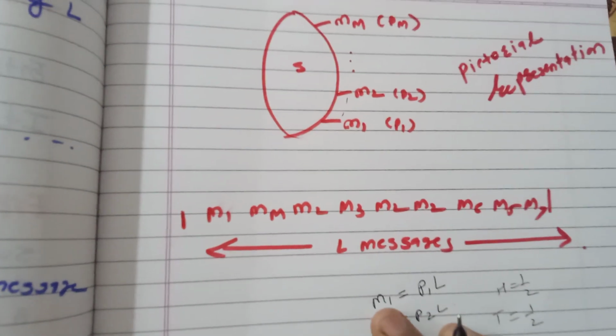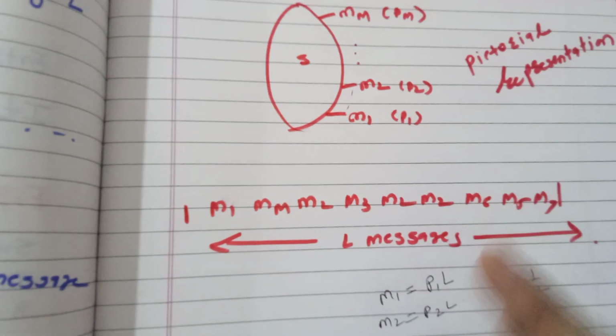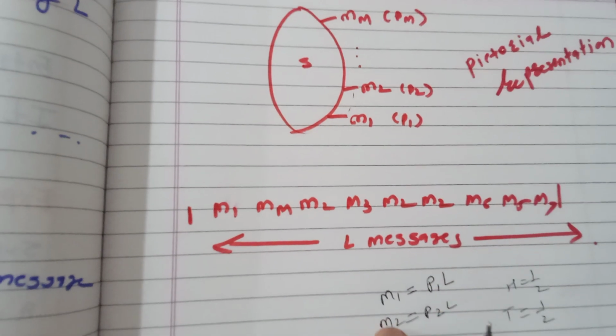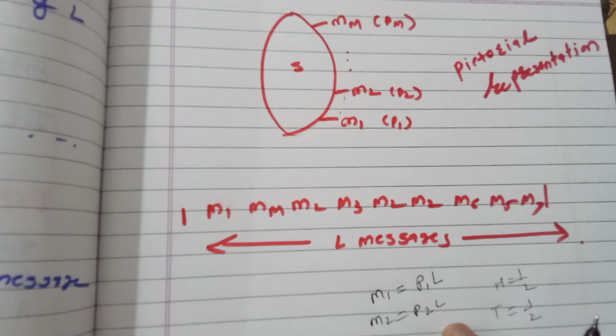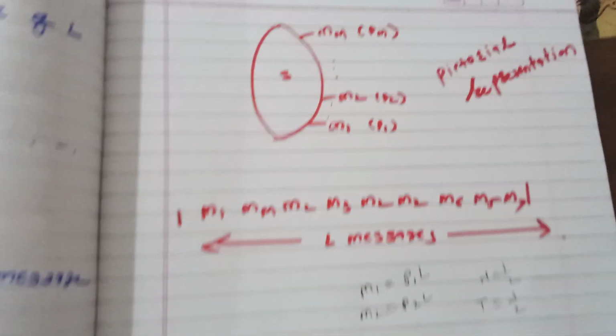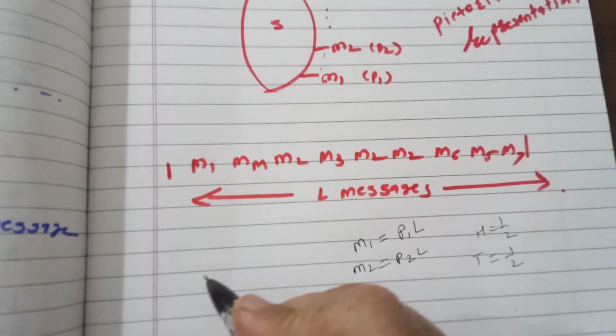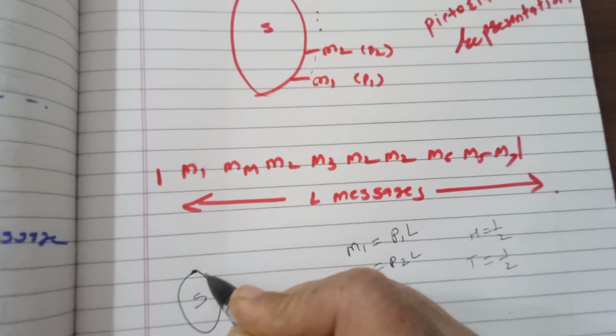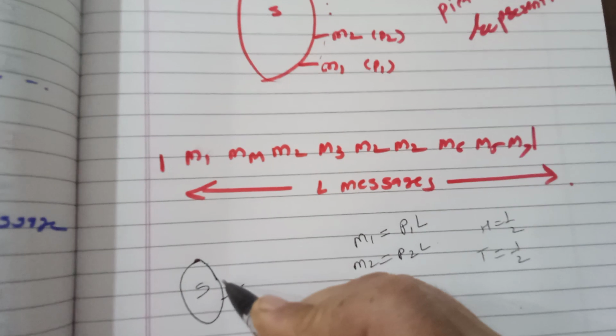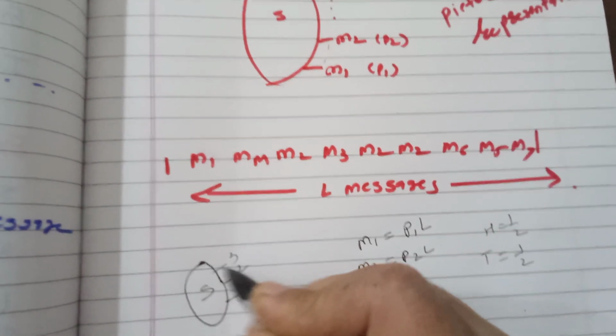Similarly, in these L messages, M1 occurs P1 L times, M2 occurs P2 L times, M3 occurs P3 L times. Again, simply, if this source generates 8 messages, 1, 2, 3 up to 8,